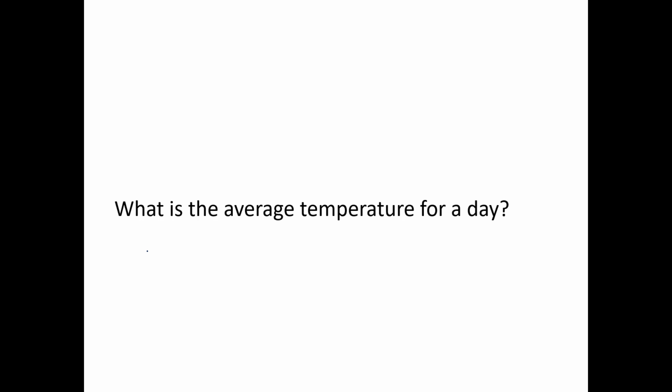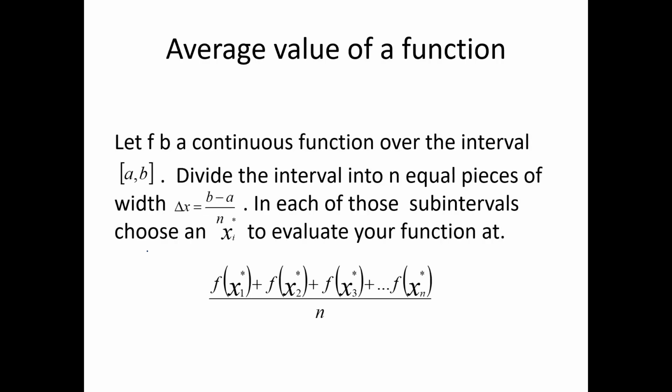And what you're seeing there should be reminiscent of when we were trying to find the area under a curve. We just make our interval smaller and smaller and minimize the error. Okay, so